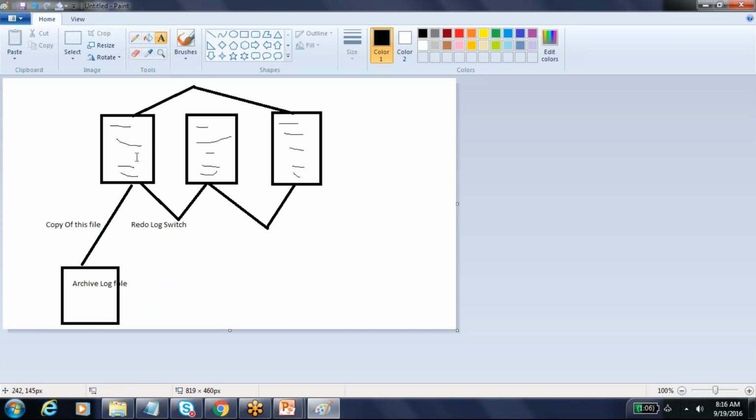So once this file is full and a redo log switch occurs, immediately a copy of this file is created, and that is known as the archive log file. The archive log file is created.